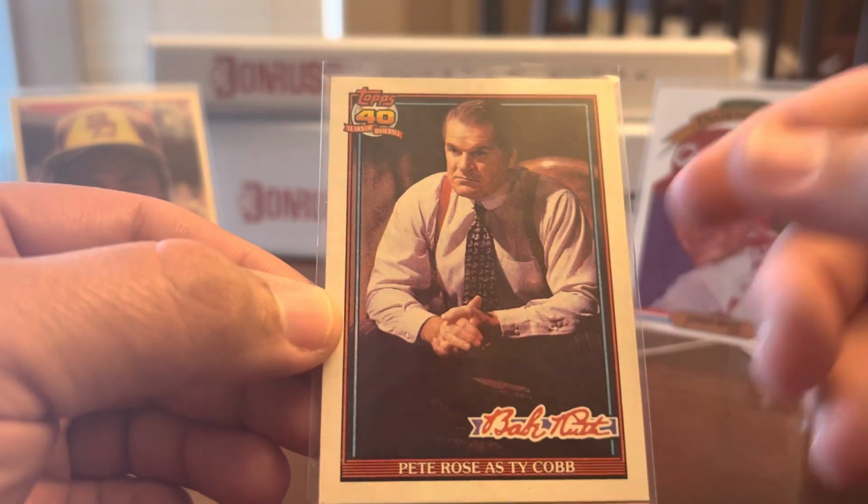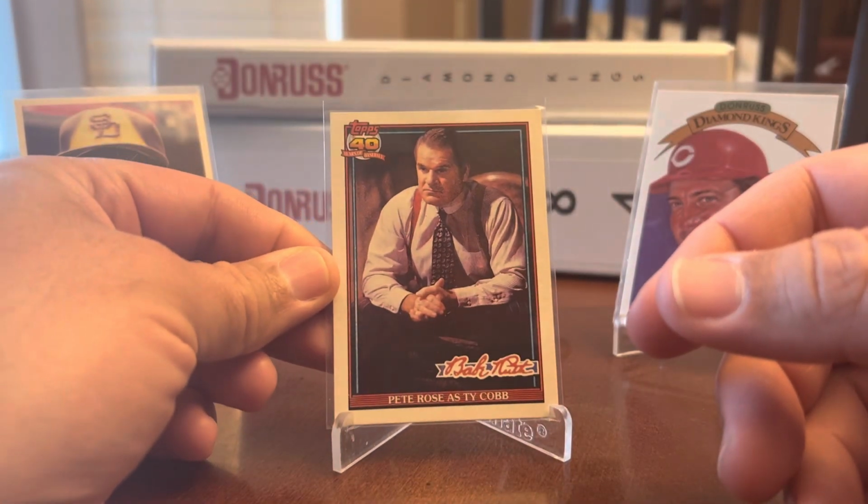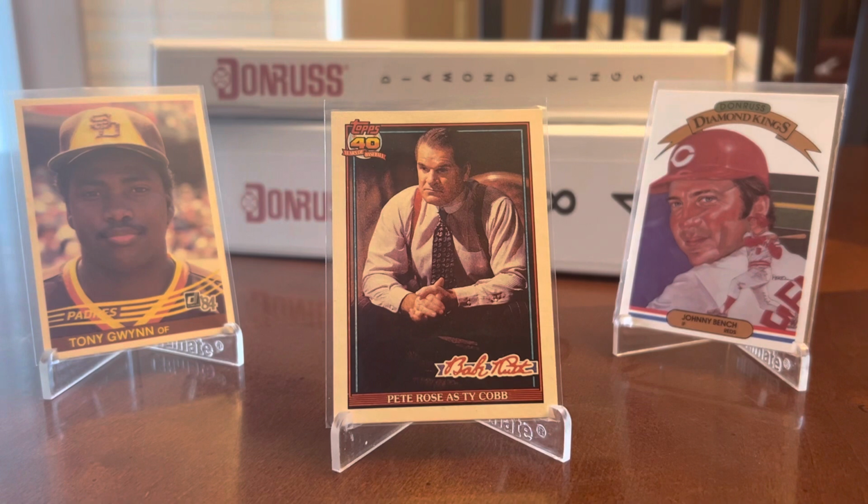It's a card that I did know existed, but you don't see this card very often. And in fact, if you go look on eBay, the only one that I could find was one from COMC, and they want like $46 for it. So, not that I think it's necessarily worth $46, but it's definitely an interesting card